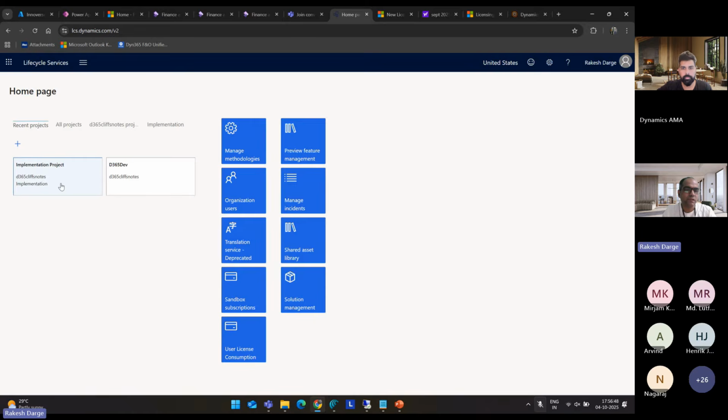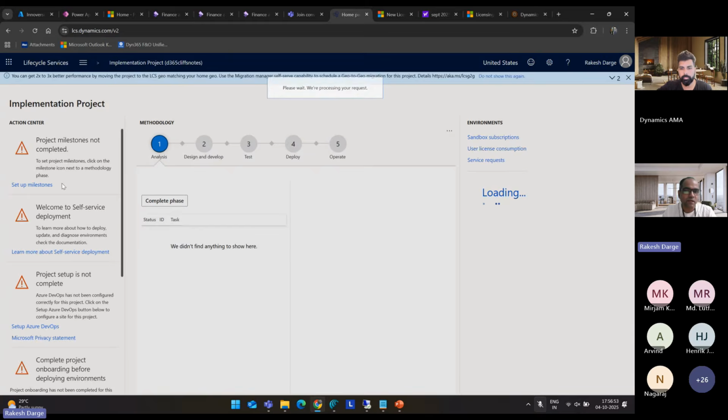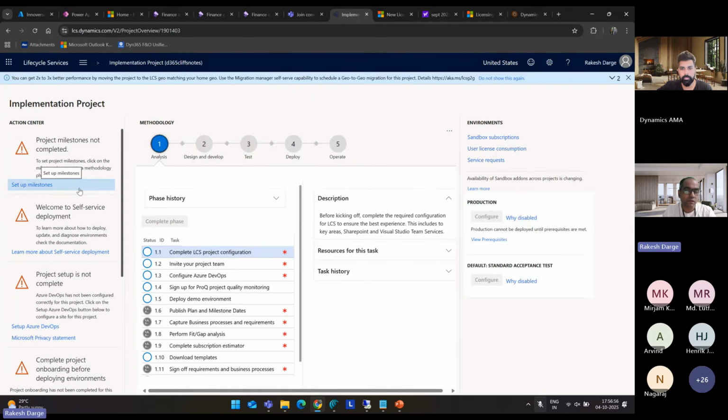I have already created an implementation project. Why have I created an implementation project? Because those who are coming from an implementation background probably would know, when we sign a contract between the customer and Microsoft, you get many environments. One is the production environment, once we are through with the UAT process and everything is done and dusted, and by default you get one sandbox environment for your testing purpose. Prior to that, we used to get one dev or build machine as well. But in recent days, we get only one production machine and one sandbox machine. That's pretty much the standard.